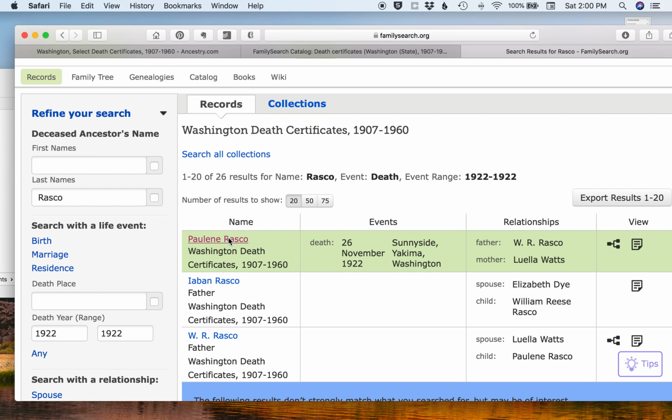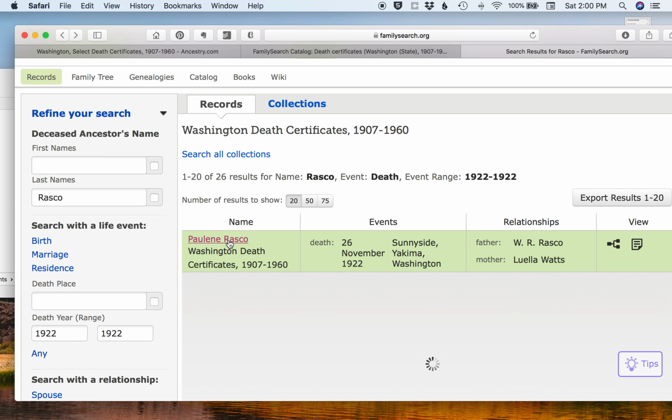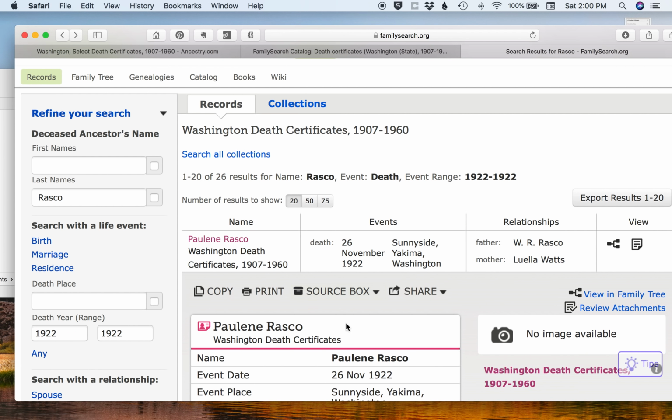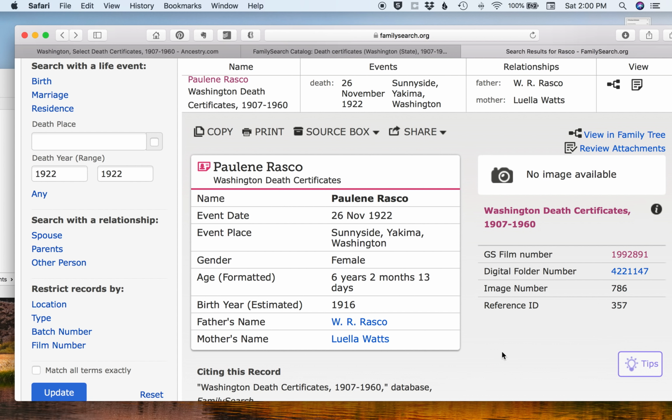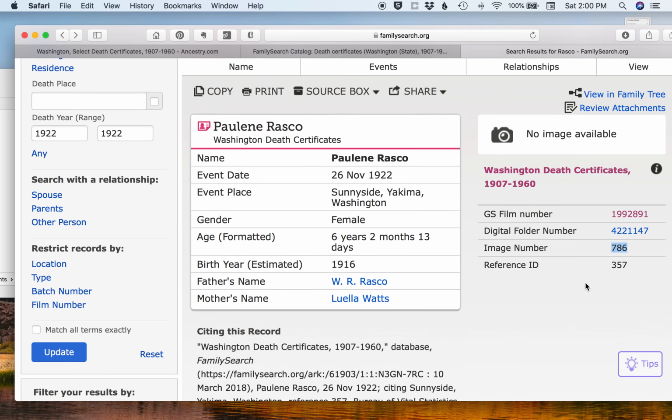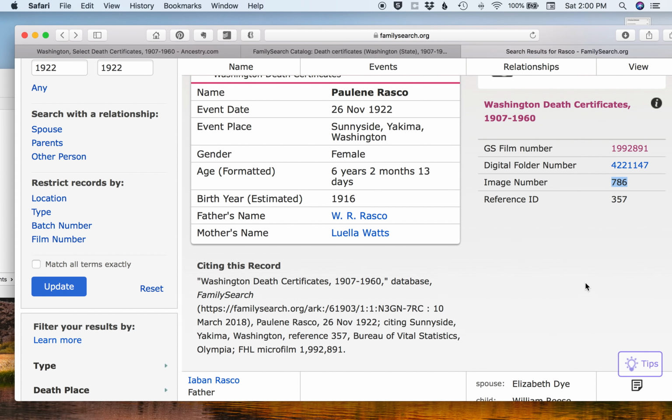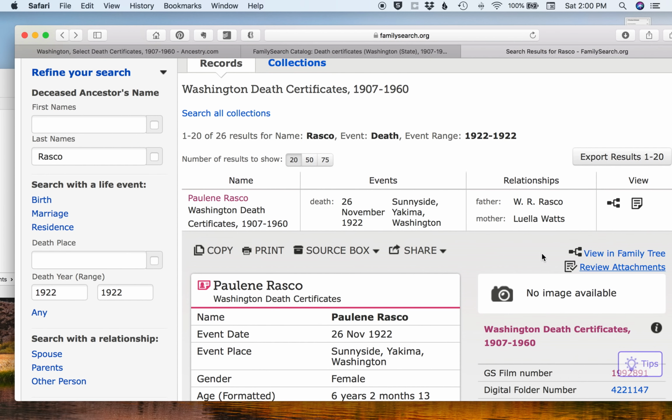Sorry, I got distracted by the other entries. And it says, no image available. Boo, hate to see that. But I'm not going to give up. So I always take note of the image number because sometimes that will get me where I need to go. And instead of saying, oh well, no image, I'm going to go back to